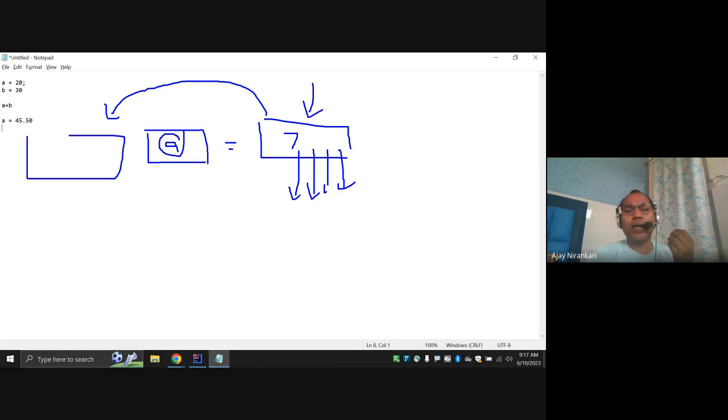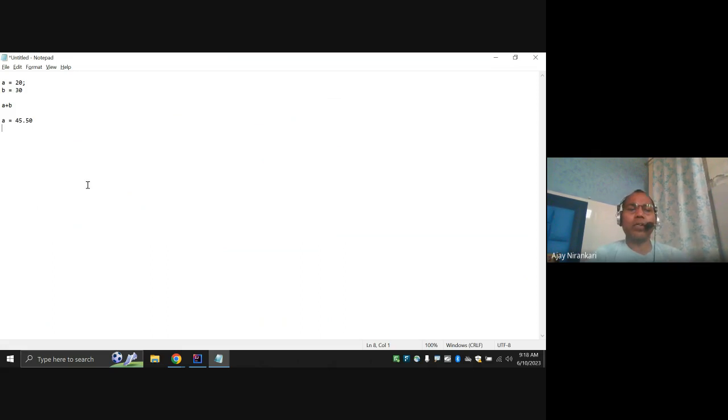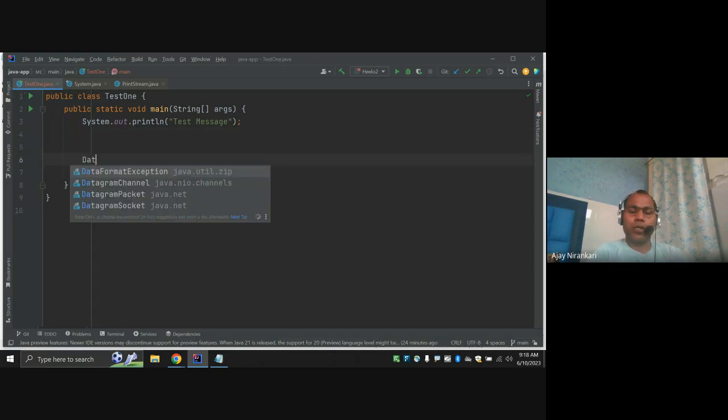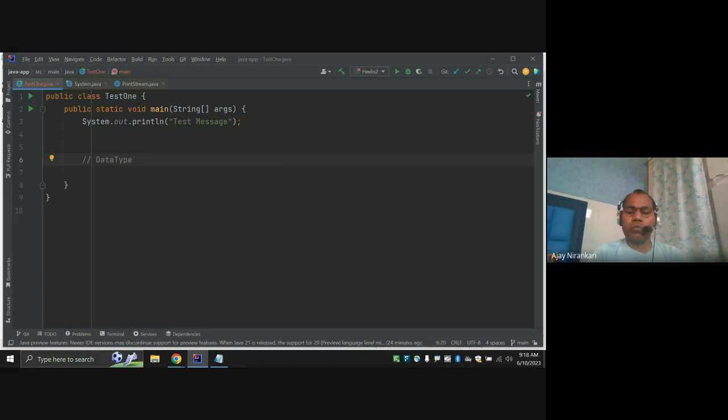This might be int, right? Or might be float, might be double. So to declare any variable, you have to give the variable name, the value you want to assign, and which kind of value. Java has different kinds of values. Let's take an example, data type. So generally